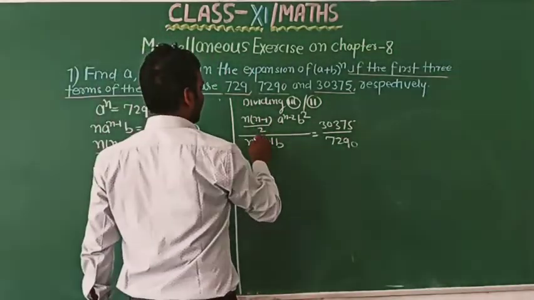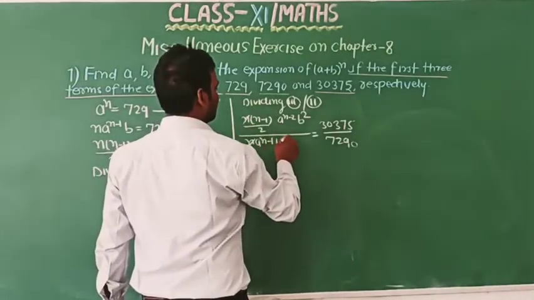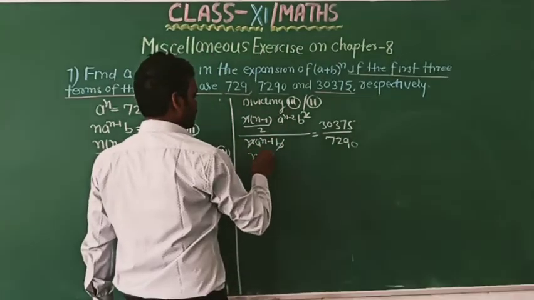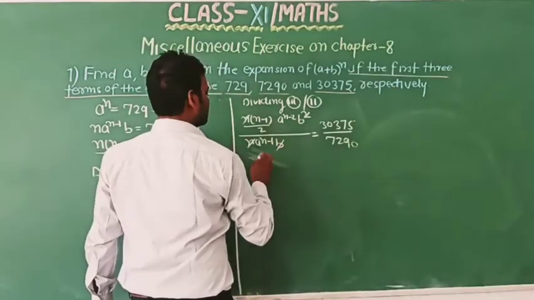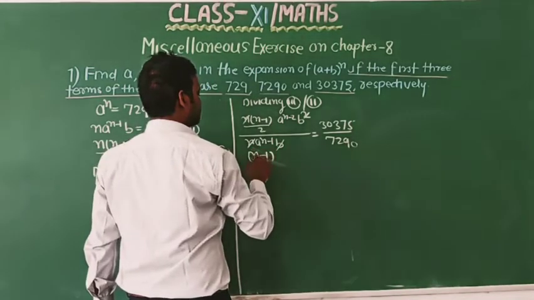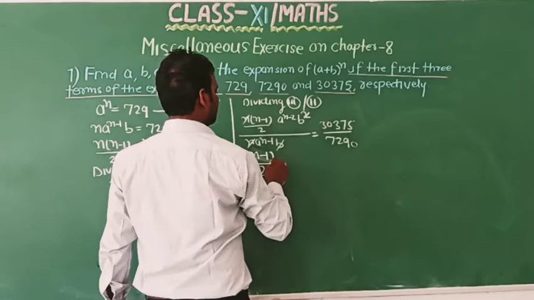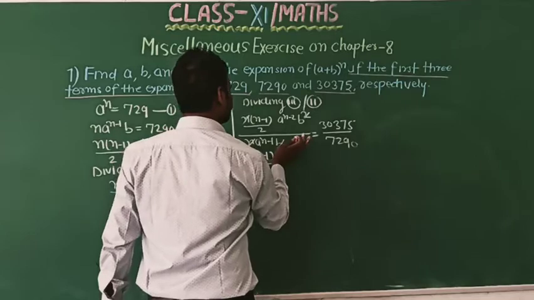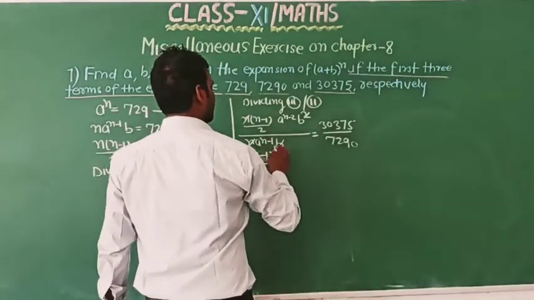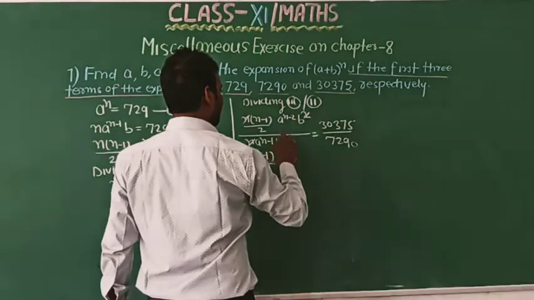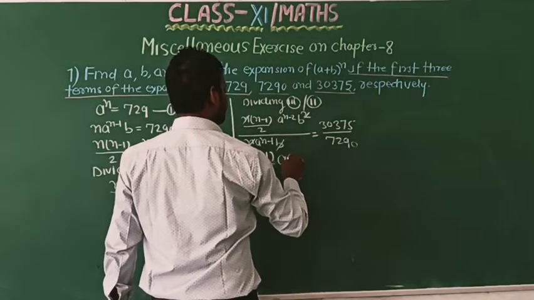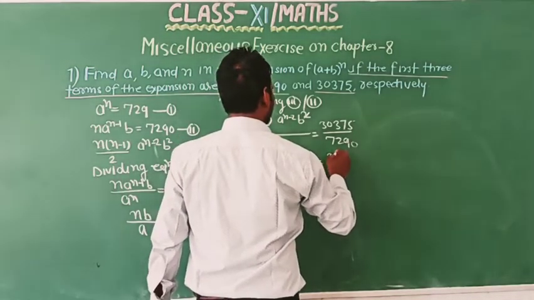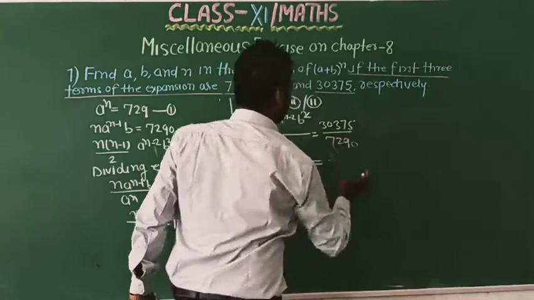So n cancels out and one b cancels, and this is (n minus 1) by 2 into b by a equal to